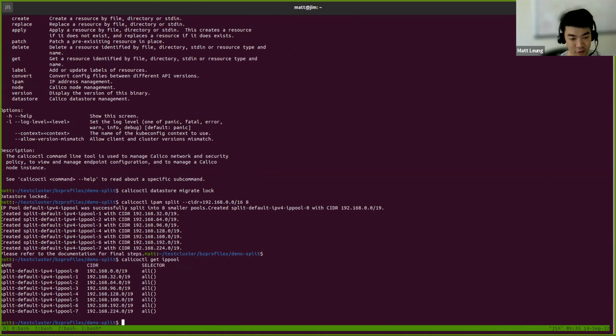Yeah, in the future we can add settings to make that a little more editable, because I could see how a lot of people may not want their split pools to be named like that. You may have had a certain process in mind for exactly why you're splitting them, and so you probably want your IP pools to match that name instead of just saying, I split this from whatever the old one used to be.